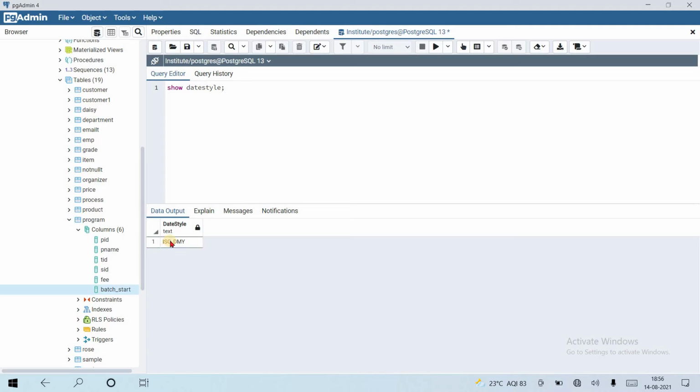My current date style is ISO, DMY. So D for day, then month, the day comes first, after that month, and after that year.